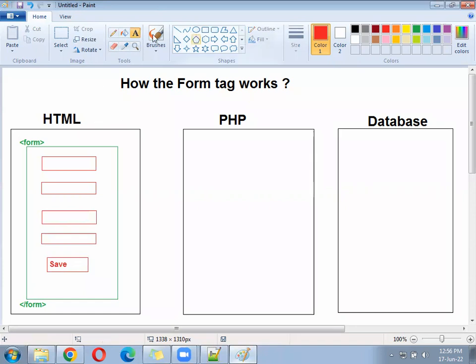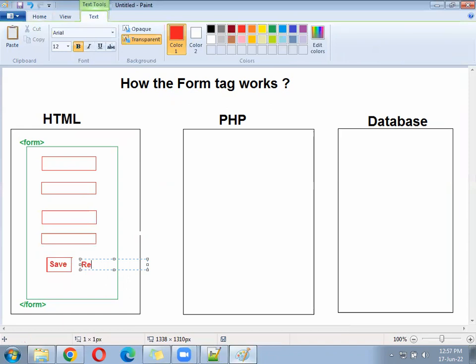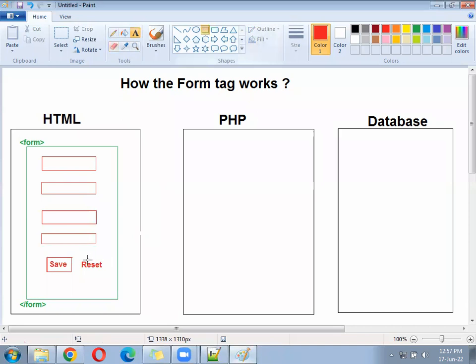Space got a little tight, I have to compromise here with the space. Okay, let me go here. Write another one called reset. When we click on reset,